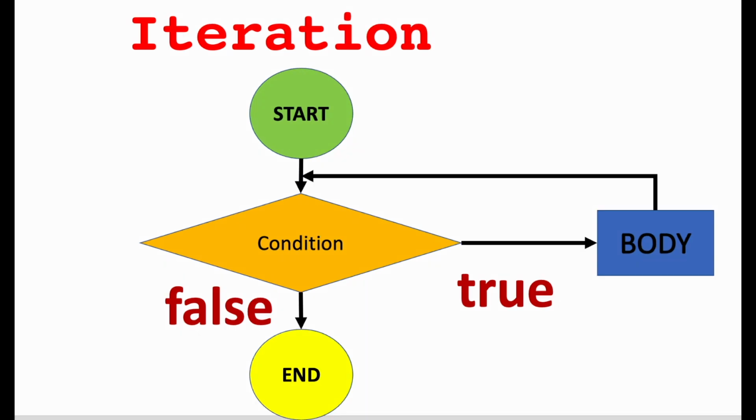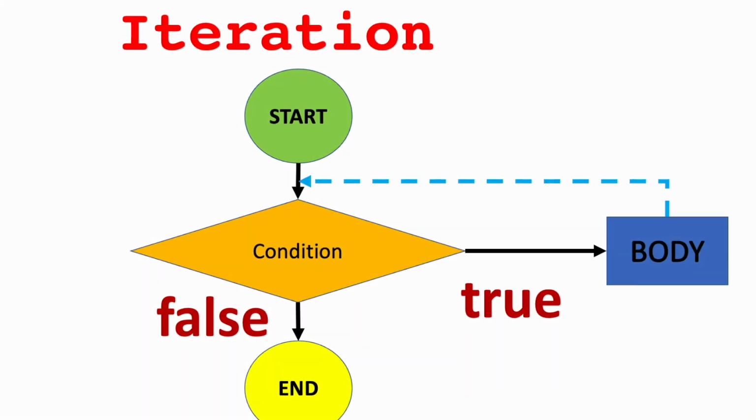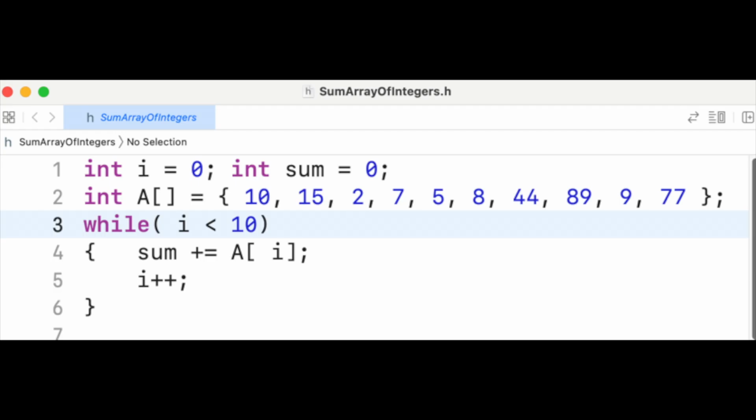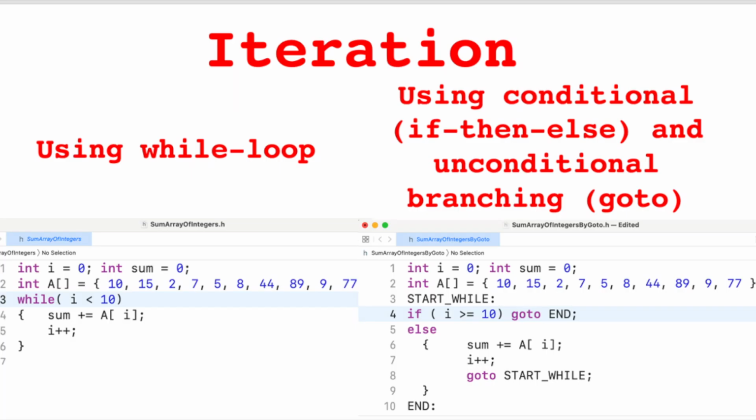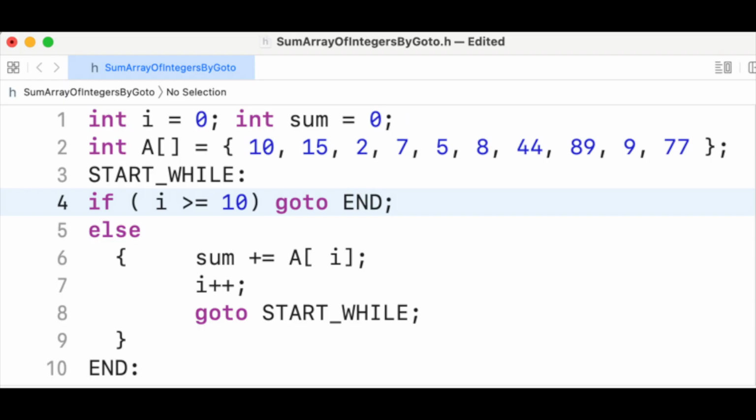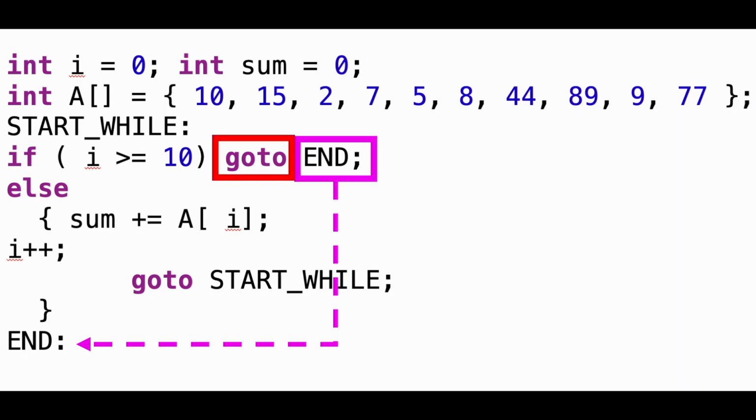The selection skips the body when the condition is false. And also, at the end of the body, the control returns to a point before evaluating the question. Even in C, it is possible to replace a for loop or a while loop with if, then, else and unconditional branching. Note that the translation in C uses goto, which is called unconditional branching, as control will always jump